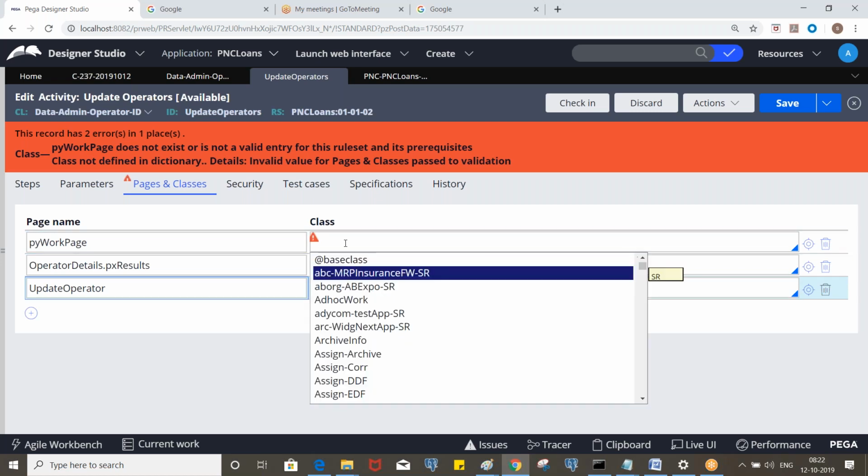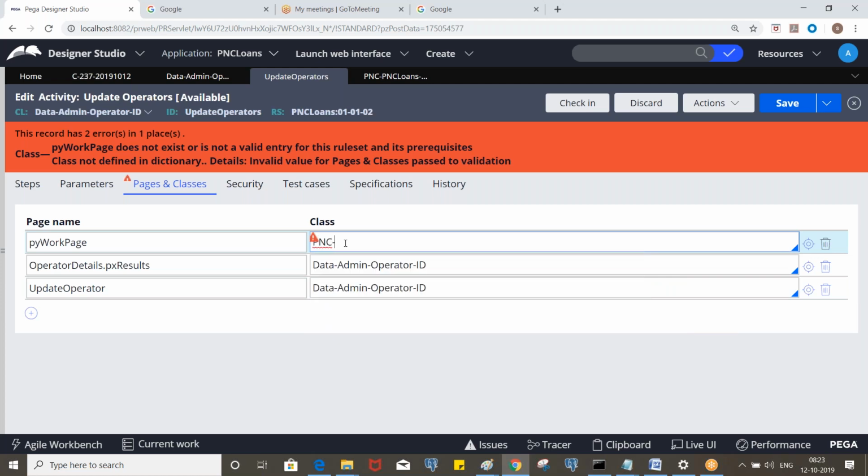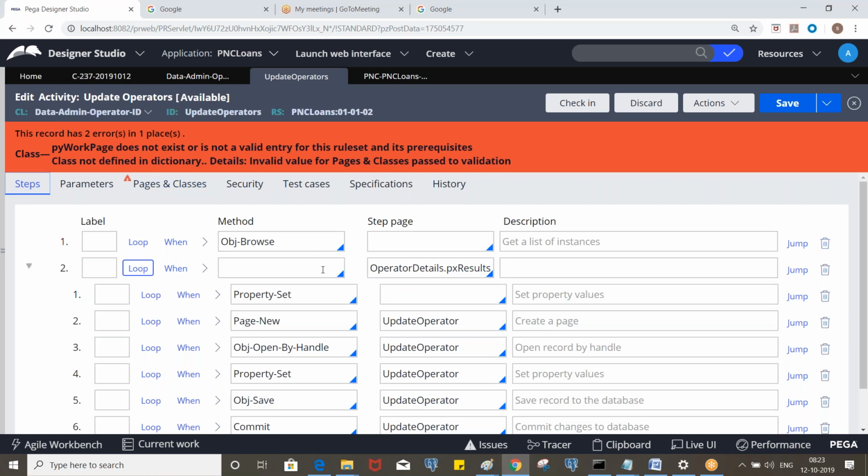Let me put pnc. You mean in this way? So you cannot put it like this.